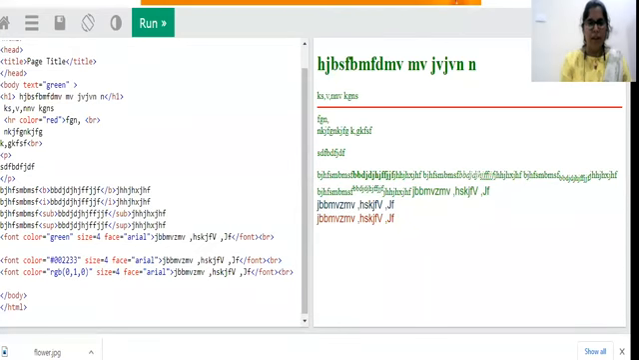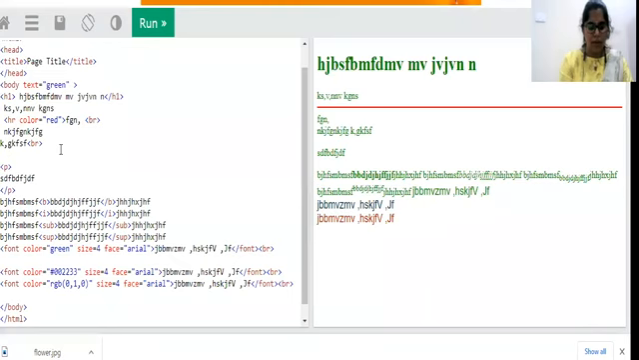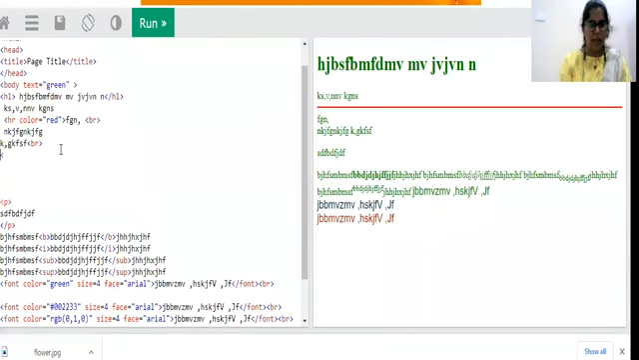Let me tell you now how we can insert an image with the help of an img tag. So this is an example which we have discussed earlier. Here in this example, I want to put one image inside of it. The tag which we are using is the img tag, and the must-have attribute is src,